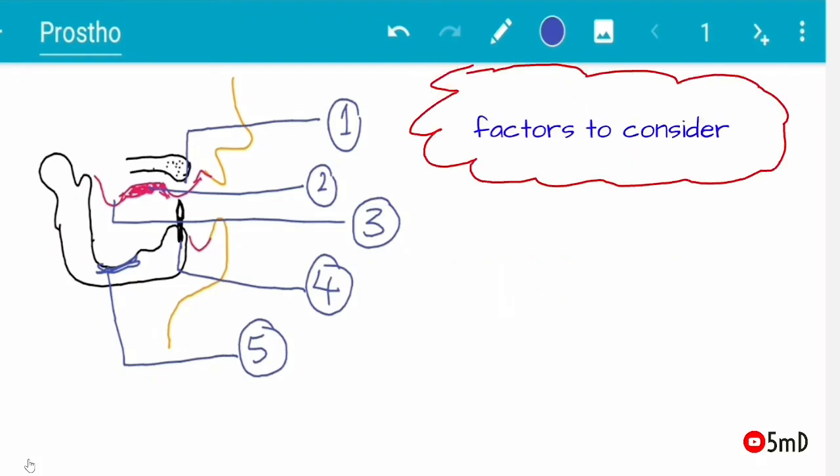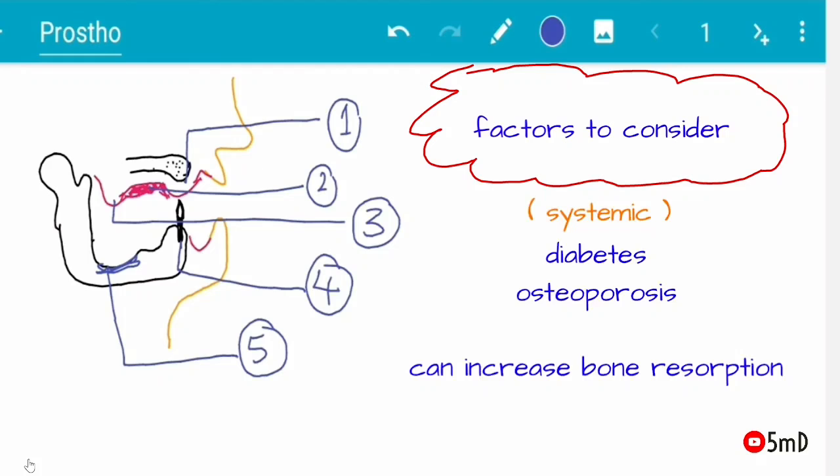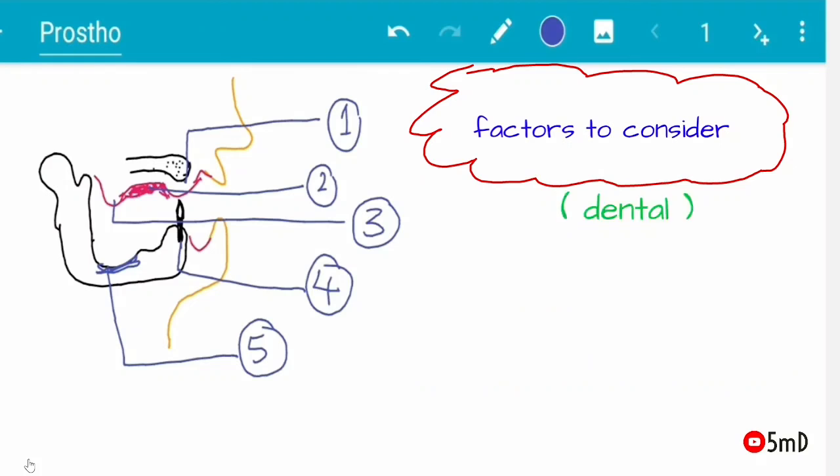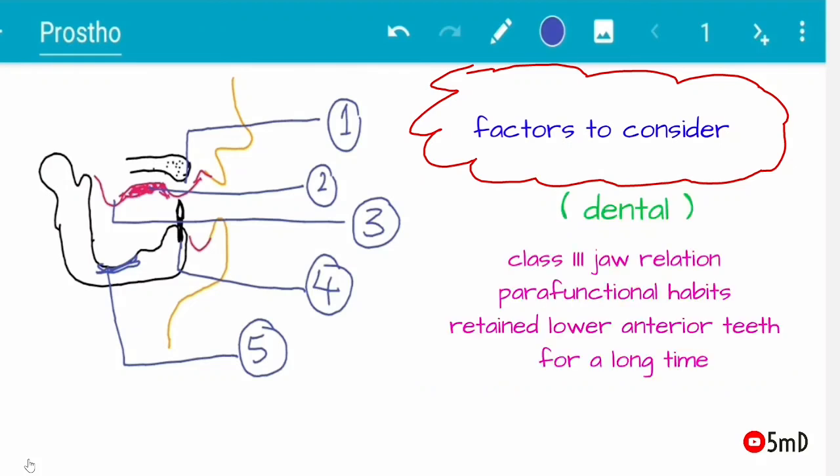increase the occurrence of combination syndrome, like systemic factors including diabetes, osteoporosis, or dental factors like in case of class 3 jaw relation, the patient has a tendency of biting more in the anterior region due to protruding mandible, or in the presence of parafunctional habits, or when the patient has retained lower anteriors for a long time, the habit of biting in the front teeth is more, and therefore these factors should also be considered before treatment planning